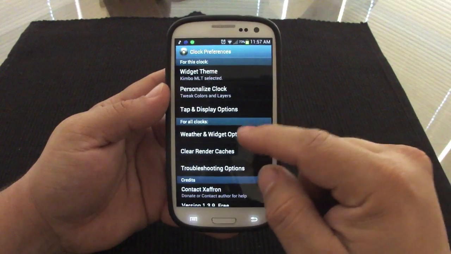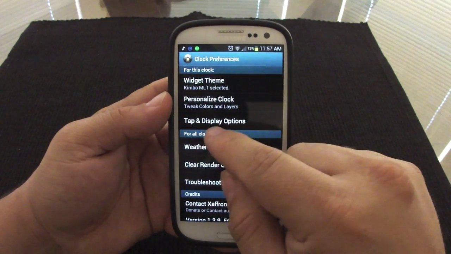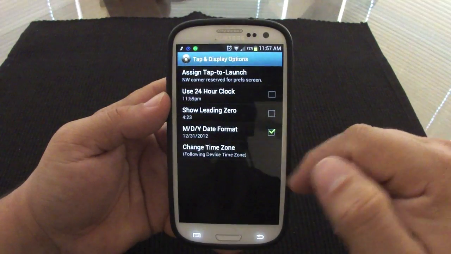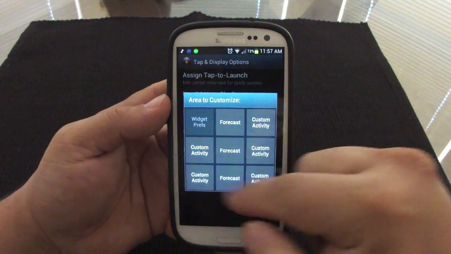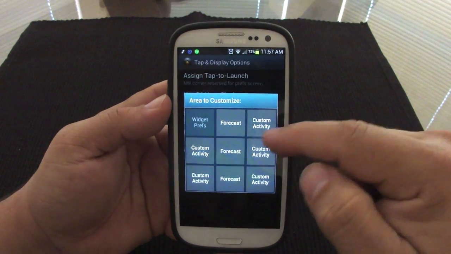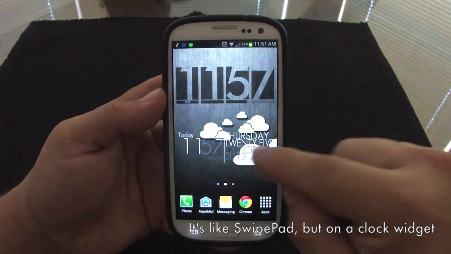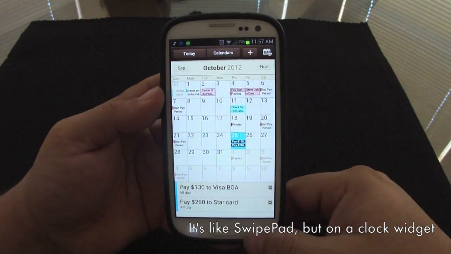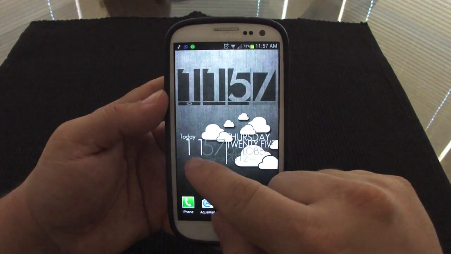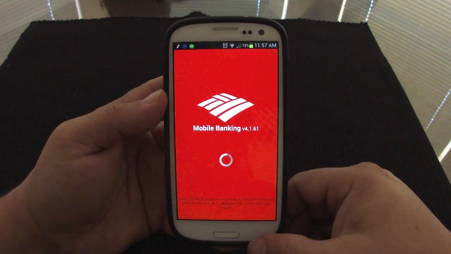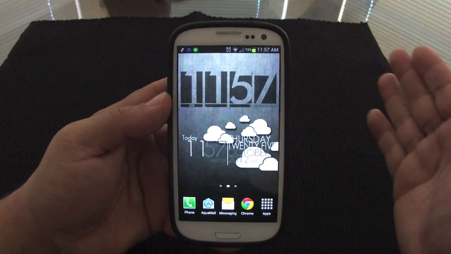And from here, you can also create hotspots, which is something that I really, really like. Tap and display options. Here, you could go ahead and assign hotspots to every part of the widget, which is awesome as well. For example, the hotspots work like this. If I touch here, I get the calendar. If I touch up here, I get the calculator. If I touch here, I got my Bank of America app,